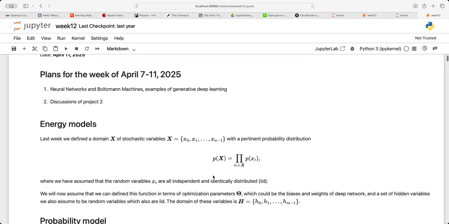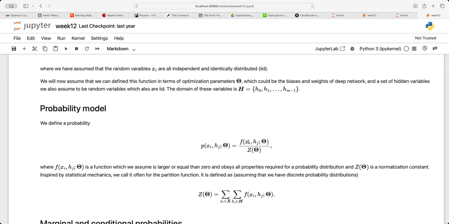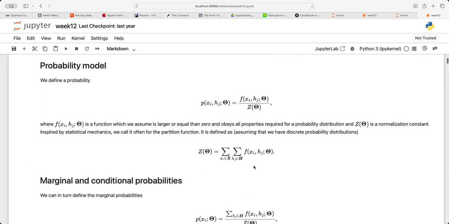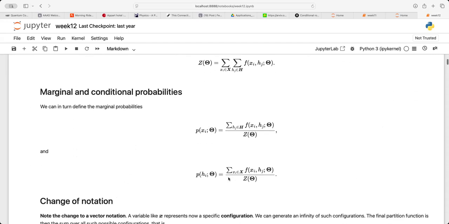And the basic philosophy is that you have a probability model where you have some function f. And the function f here is going to be replaced by an exponential with the energy as an argument. And Z is the partition function, or just a normalization factor, if you're thinking of that in terms of a probability distribution function. So what we did last time was to discuss these marginal and conditional probabilities,